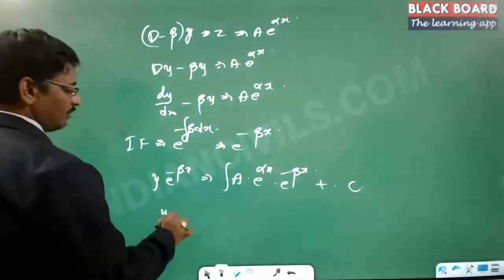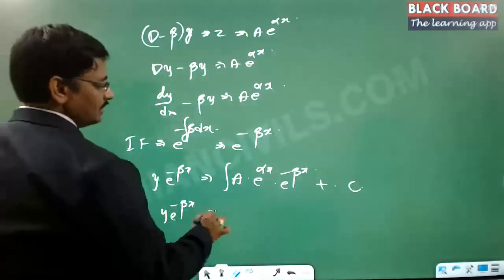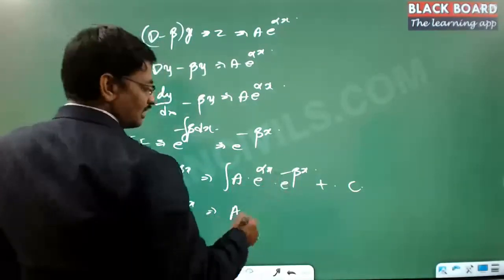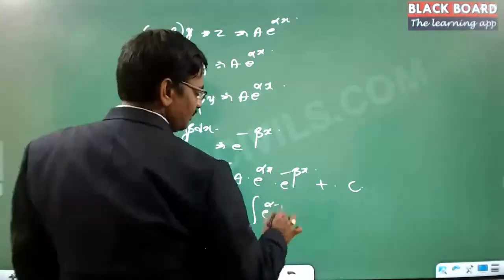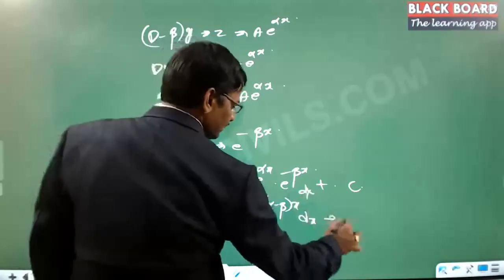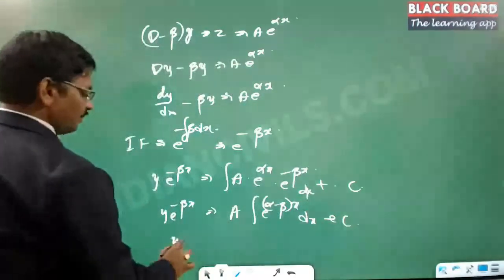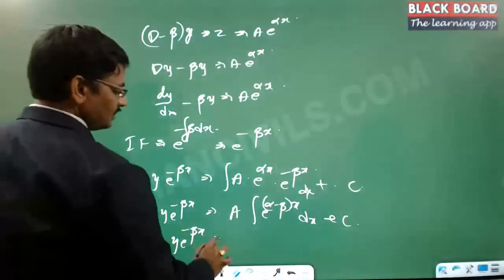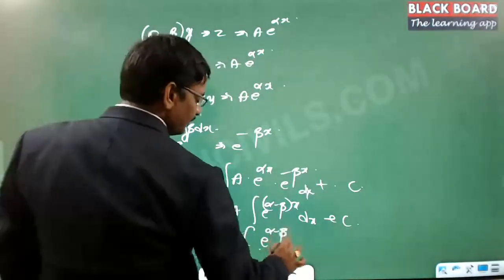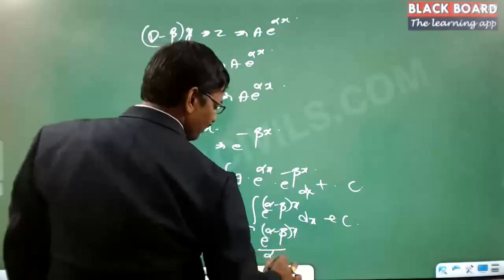So this is y into e power minus beta x is equal to, so a is a constant, e power (alpha minus beta) times x into dx plus c. So y into e power minus beta x is equal to a into e power (alpha minus beta) times x divided by (alpha minus beta)